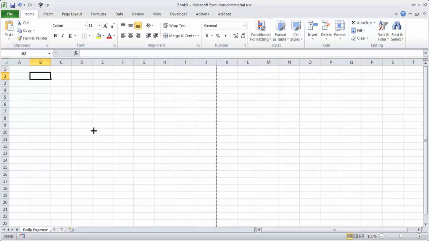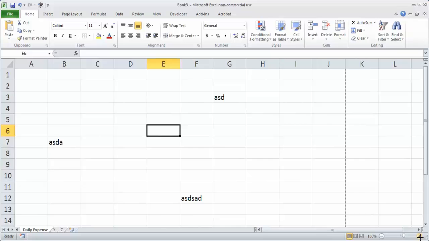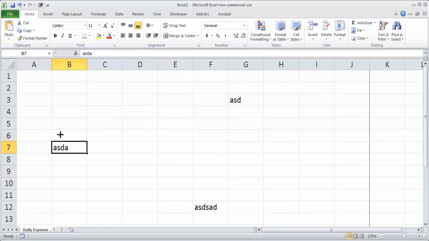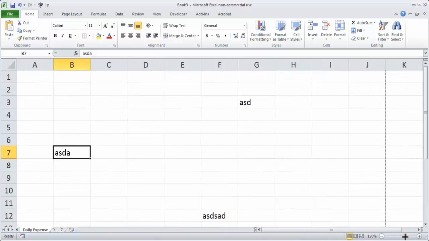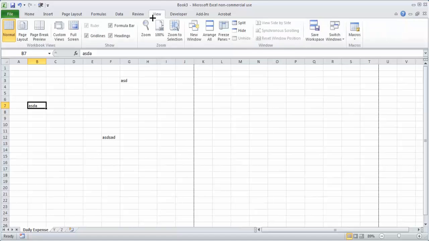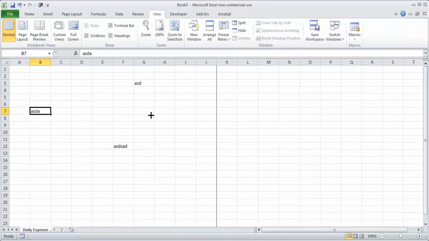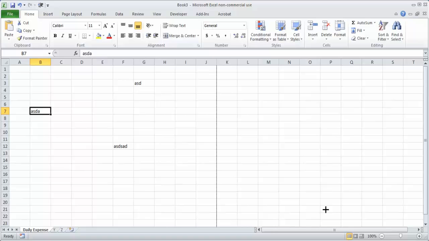Let's say you have entered some values and you want to zoom, so you can zoom and see more prominently. You can drag over here and zoom also. And if you want, you can make it directly 100%. We'll see all this in more detail as we go forward.